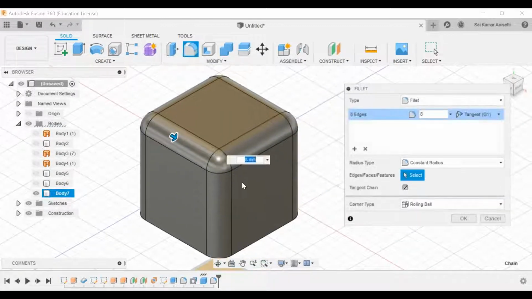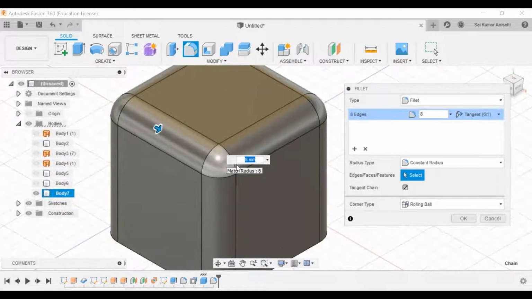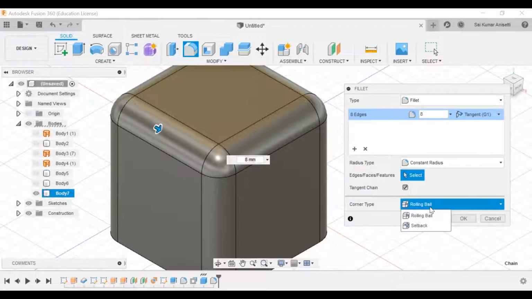Okay. See, if you observe in your iPhone, let us take an Apple phone. So if you see the edge of it, if you see the corner, you have two types of corners. One is setback distance and the other is rolling ball type. See, most of those phones are manufactured with rolling ball type, that is easy to get the code. Okay, let's see the setback distance, how the corner looks.